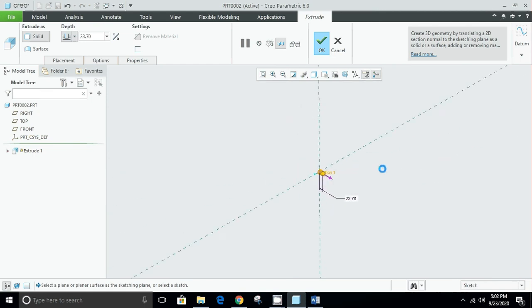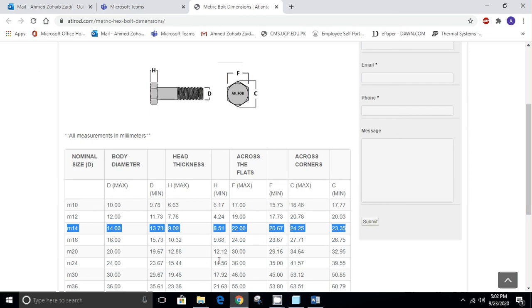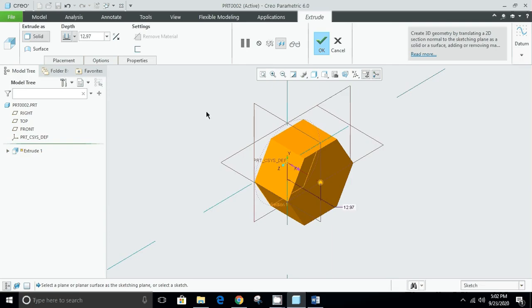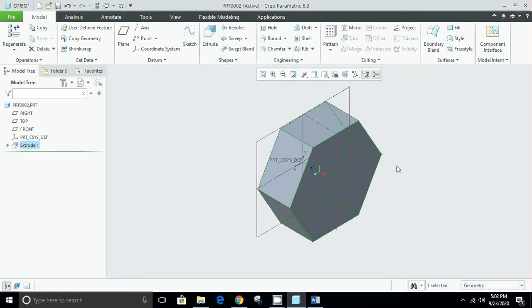Control D, and now I have to give it the thickness. So the maximum head thickness is 13.73, sorry, 9.09. So I will use this head thickness value 9.09. So I will use 9, press enter and OK and Control D. So this is how the head will look, and in order to